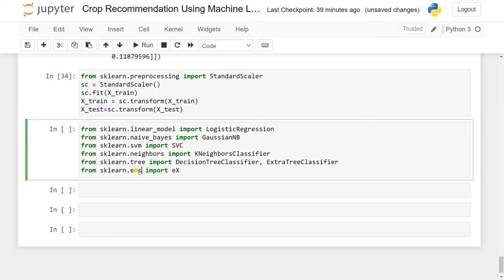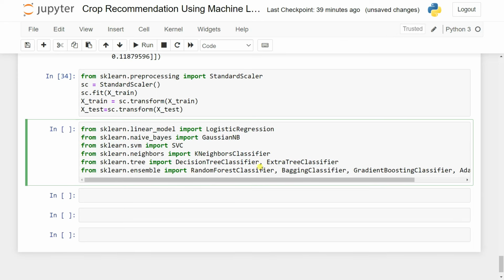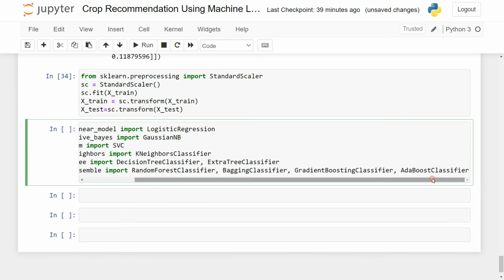Now let's make it ensemble. From the ensemble what I can do, we can import here the RandomForestClassifier. Then you also have a BaggingClassifier, then you also have the GradientBoostingClassifier, then you have also the AdaBoostClassifier. Okay, AdaBoostClassifier. So what I can do, we can shift enter and try to import all of